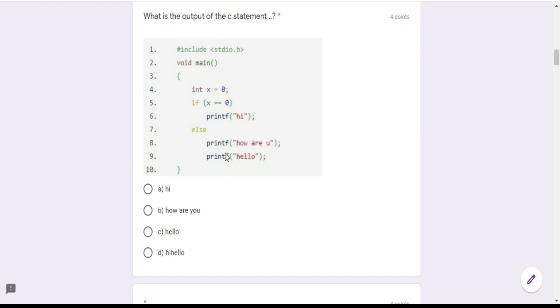These two statements are not under the else statement. The first statement only is connected with the else statement. The second statement is always outside of this statement. So this last statement is a separate statement. It's not connected with the else, so this printf will also work. So hi hello will be the answer for this.